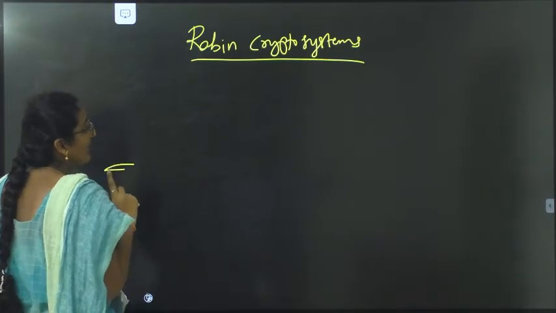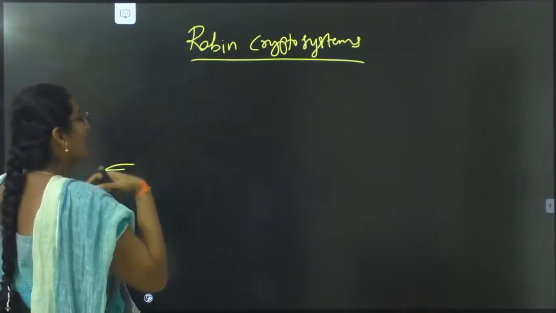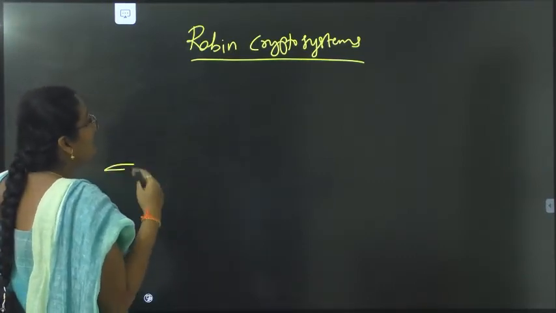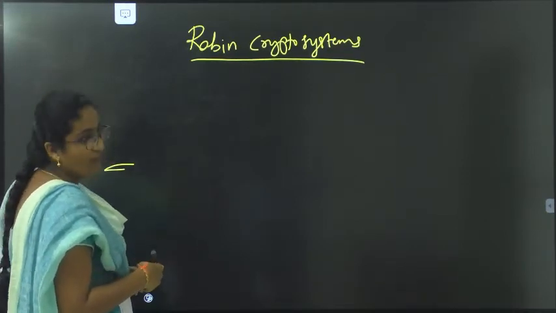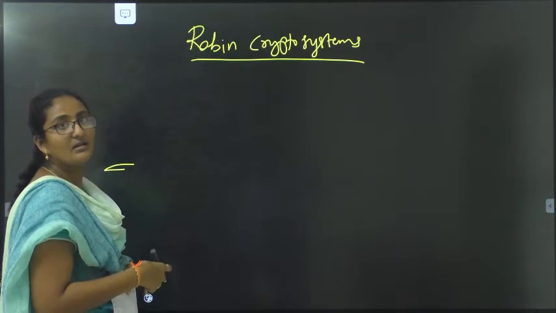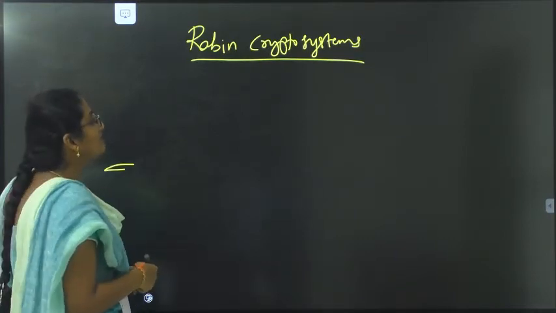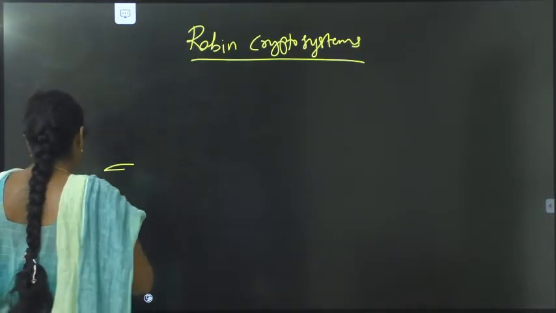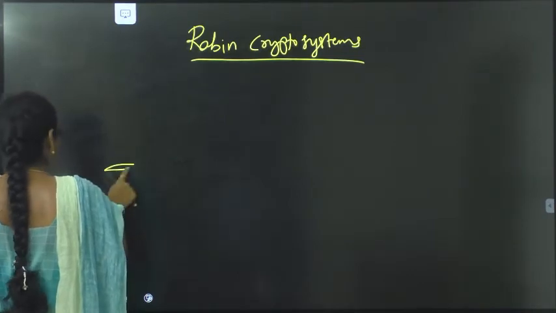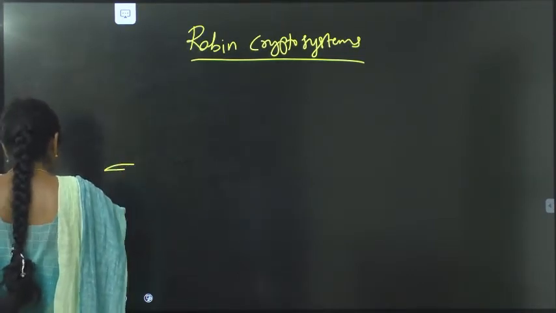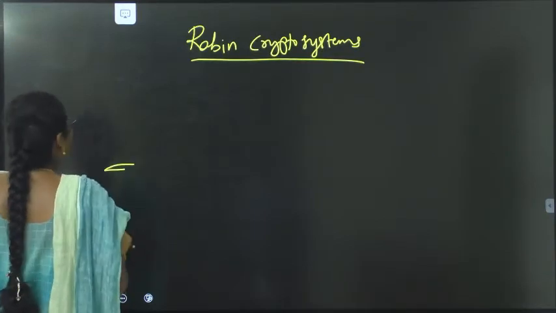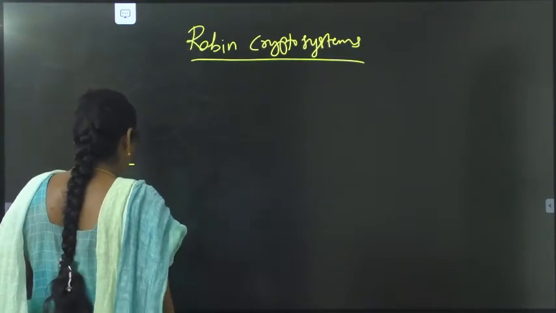In that 6 points we have discussed. Next we have RSA algorithm, that also we have finished. Then we have the topic like asymmetric crypto systems or asymmetric encryptions. In that we need to study about Rabin crypto systems. So let us see the algorithm of Rabin crypto systems first.